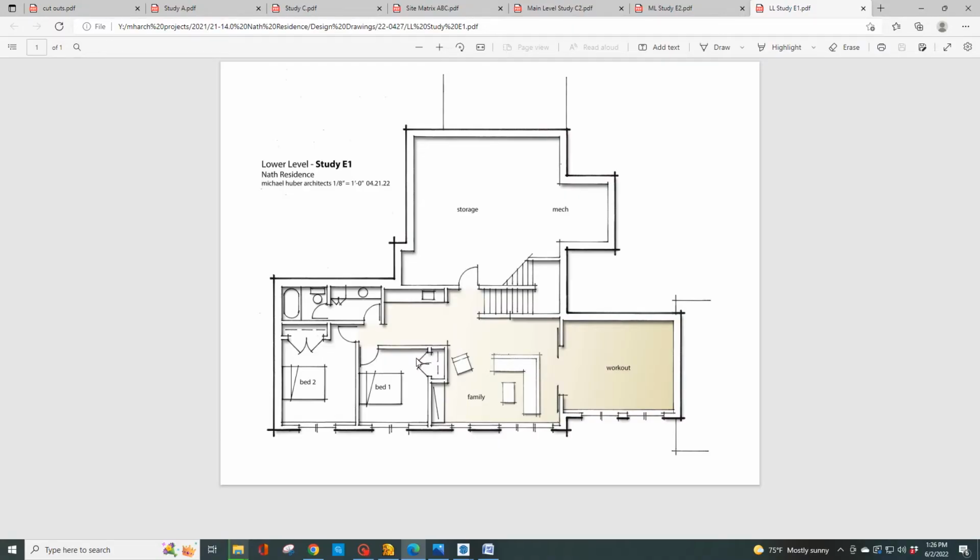Again, we've had a lot of progress that I'm kind of skipping over here. I apologize. There'll also be that lower level area, as I had mentioned, a couple bedrooms, family area, and a large workout space, but just lookout windows, so it won't be at grade. So where we are exterior massing wise is